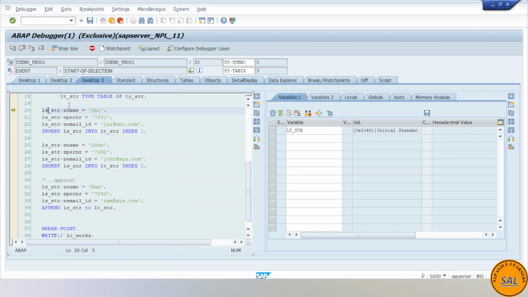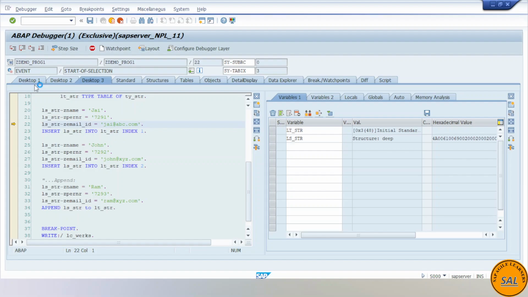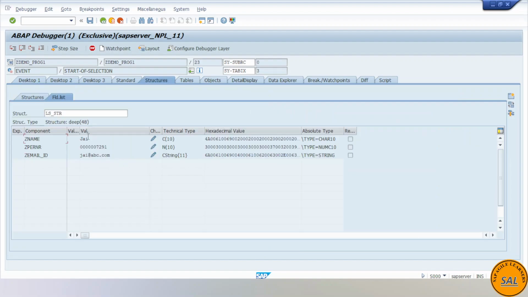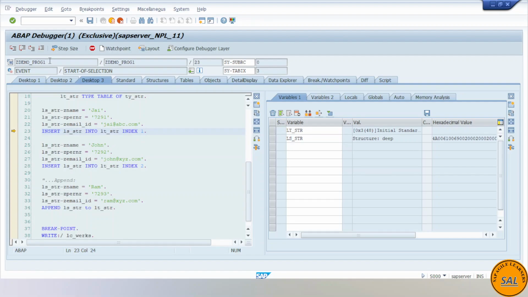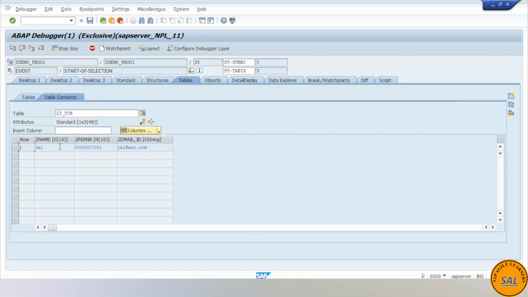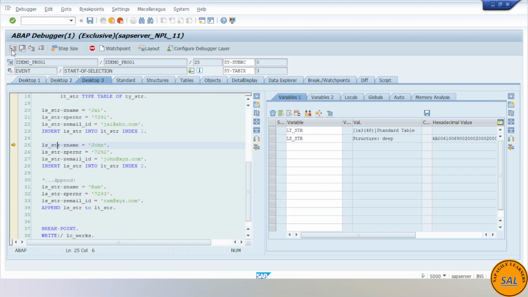Now to execute every statement, you can press either F5 or F6, as this is single level code only, in a report. So you can press F5, F5. It will start filling your structure here. Again F5, again F5. And if you see here, now the data has J and this. It will now append your data in LT underscore str if you press F5, at index level 1. So at one index it has pushed your data. If you press F5 again, it will have your second row of data like this,